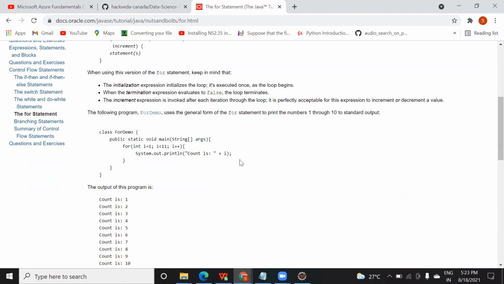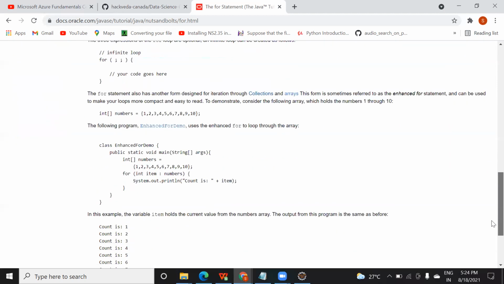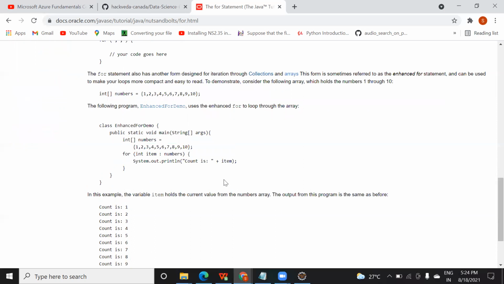You can see it here. If you wanted to print from 1 to 10, how do you do that? You declare a for loop, you initialize a value of any variable, you check the condition, you increment or decrement it, and you print it. Am I right? This is the syntax, right? You all are aware about this. But in Java 8 and 9 onward, they have started using a for loop in this way.